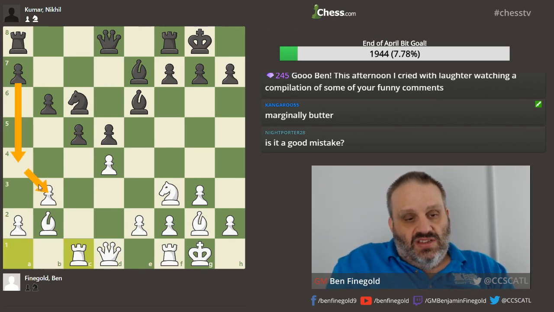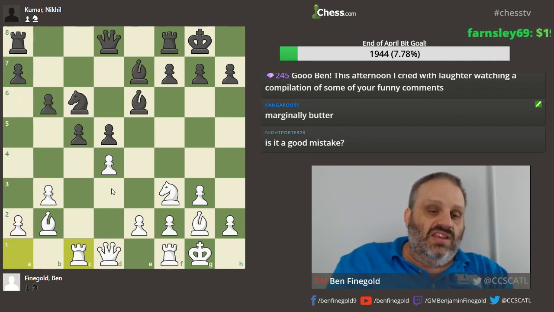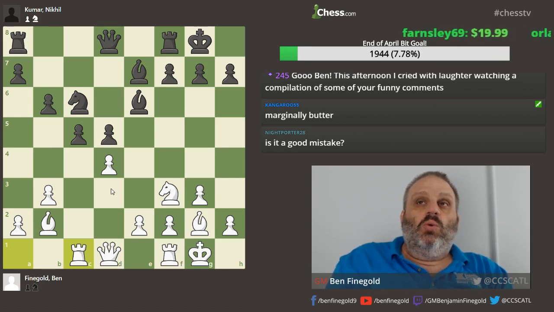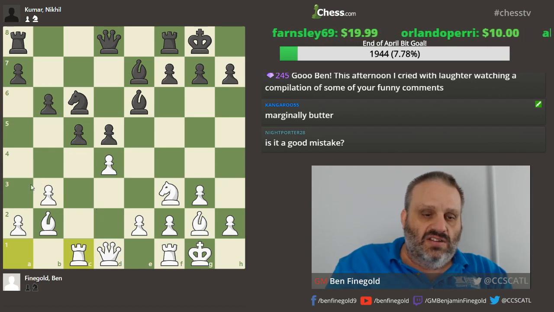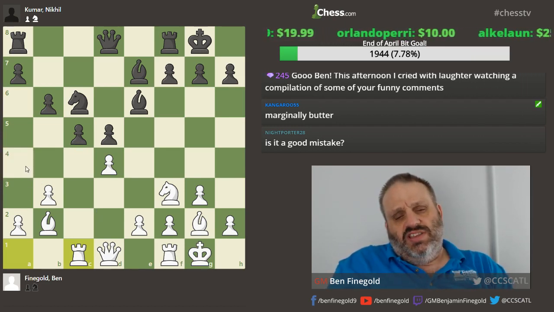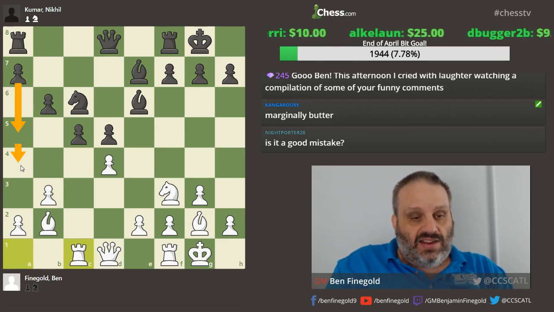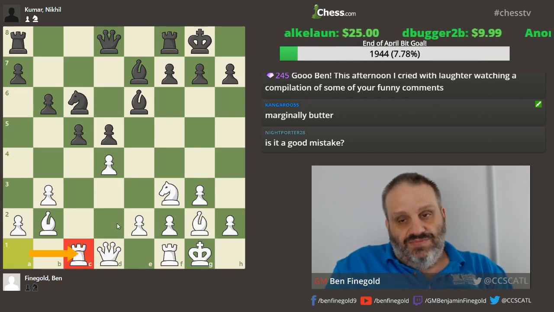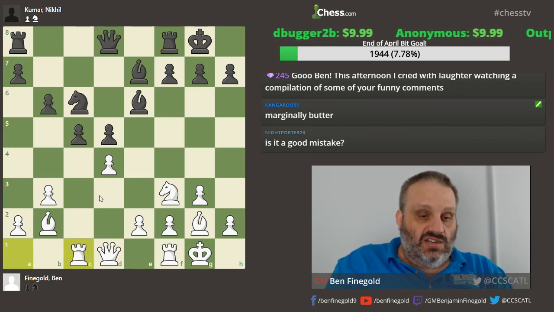But actually, if black comes down the A file, black's actually at a preferred position. And if at some point white decides to take on a4, black plays c4 and gets a passed pawn. And that a pawn is going to be lost eventually. So actually after a5, a4, the computers prefer black. And rook c1 is considered a slight error.